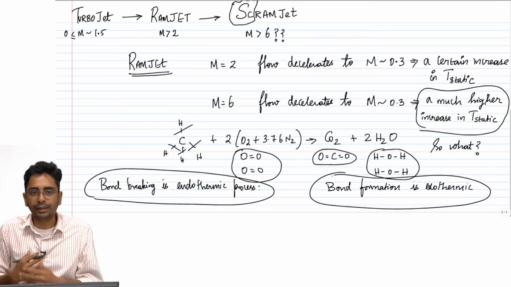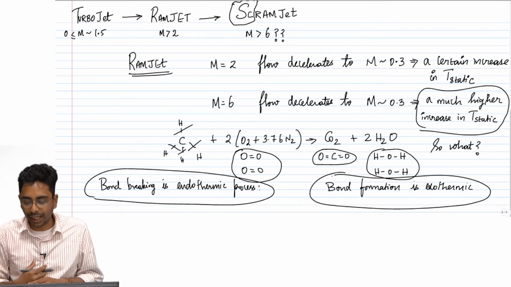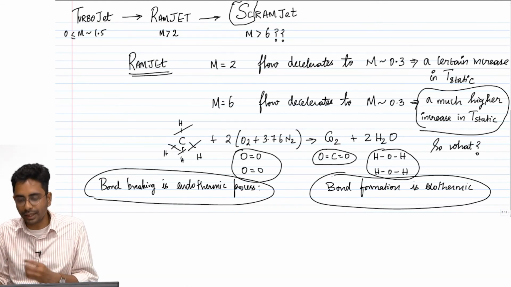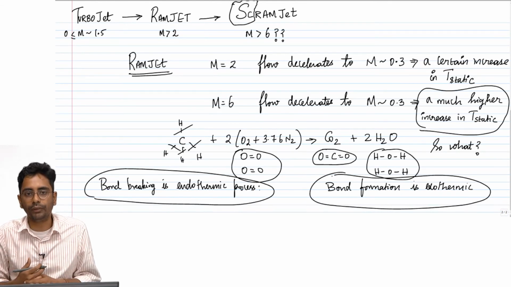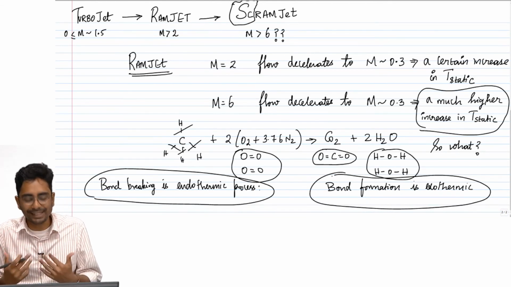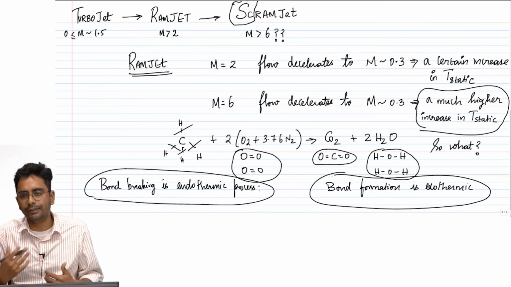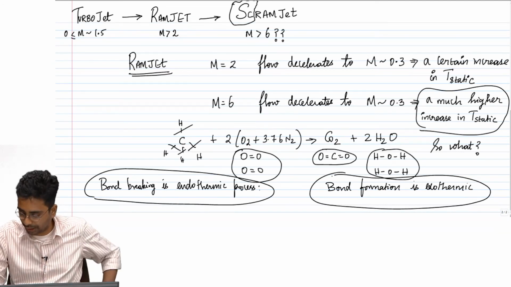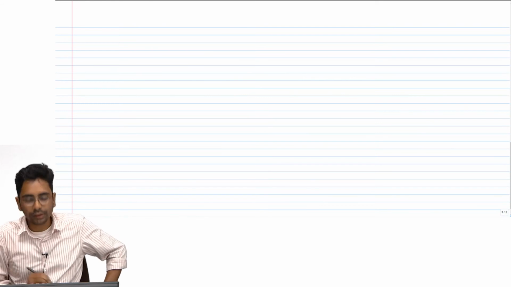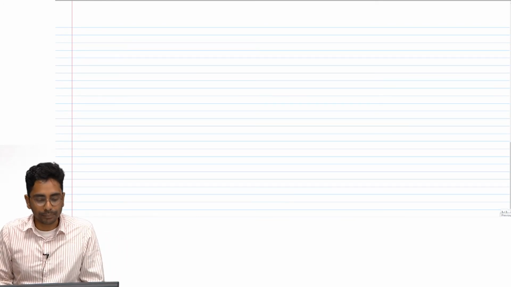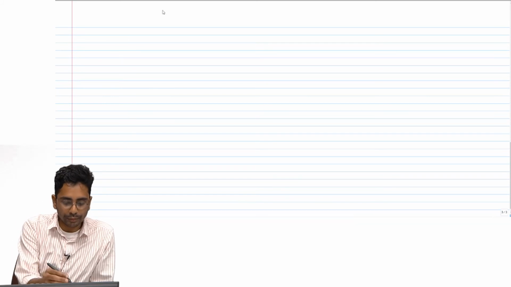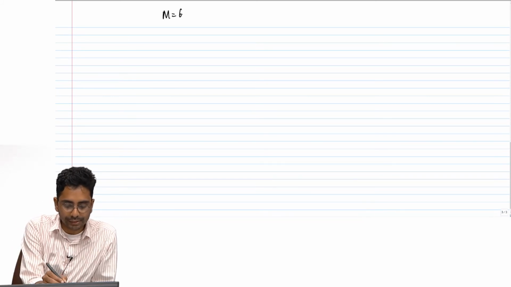And we say that combustion of methane is an exothermic reaction because the energy that is released, the exothermicity of the bond formation, exceeds the endothermicity of the bond breaking, and therefore the reaction is net exothermic. Why am I bringing this up? The reason is that now you have accelerated a stream from Mach 6,